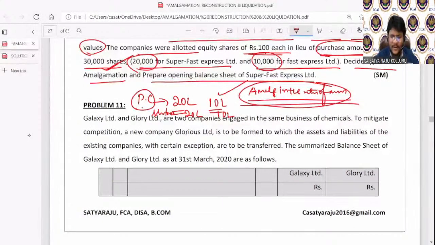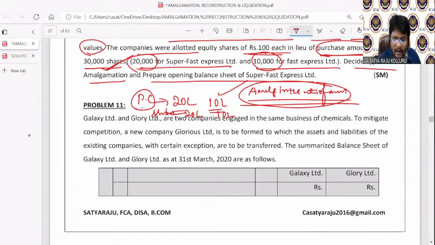Yeah, nobody is giving a reply in the chat box. Please, all of you participate. Let me check how many members are participating quickly. Can I proceed with problem number 11? Yes, right. Are you with me, guys? All of you? Are you with me? Right, fine. Now come to problem number 11.